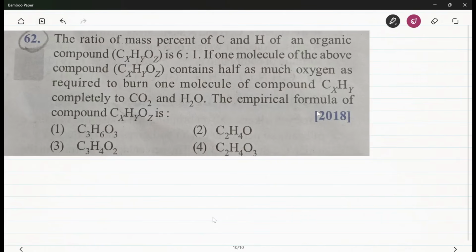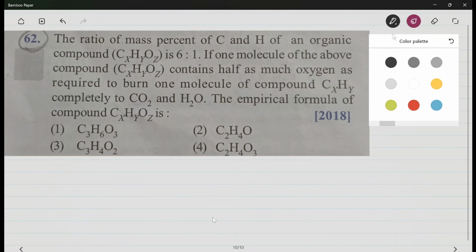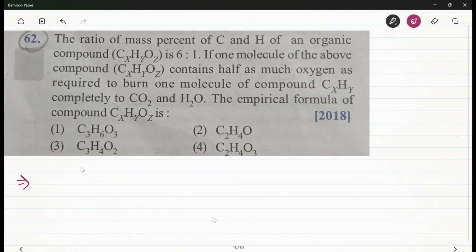The ratio of the mass percent of carbon and hydrogen in an organic compound is 6 to 1. Again, they are giving mass percent, they are not directly giving mass, so be careful of this point. Okay, no problem, we can take it. 6:1. If one molecule of the above compound CxHy, where carbon is x, hydrogen is y, and the carbon to hydrogen mass ratio is given, contains half as much oxygen as required to burn one molecule of